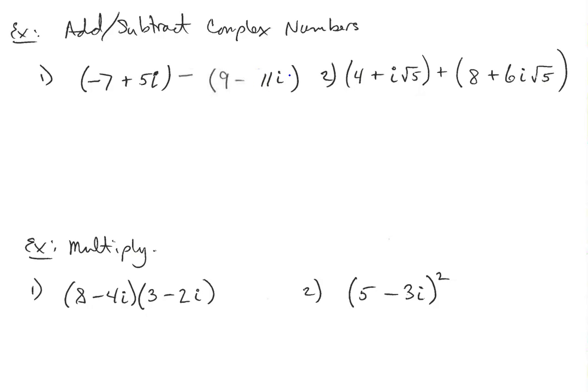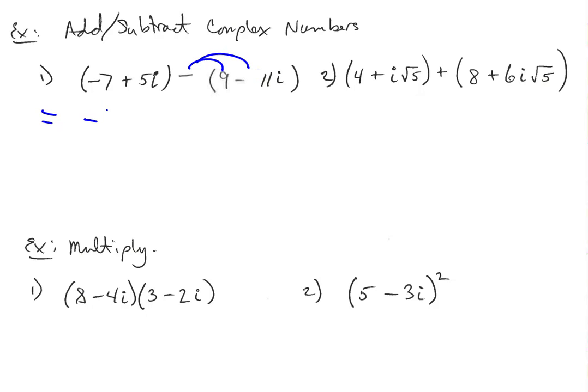Now, though we've defined this letter i very specially above, and made clear that it's not really just another variable like an x or an a, it has more meaning to it. It actually behaves kind of like a regular variable in the context of these algebraic arithmetic problems with complex numbers. So what I mean is, we're going to approach this problem almost as if the i was a regular x. We're going to distribute this negative sign in front of that second complex number and then combine